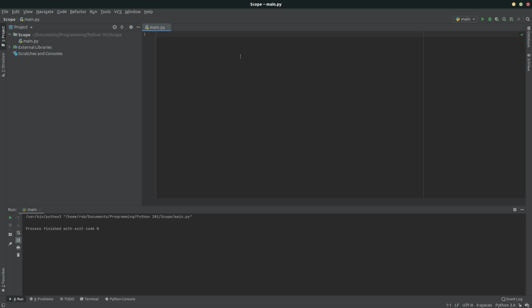So first thing we're going to do is write a variable. We're going to say robot is equal to vector, so we're going to write a string. We're then going to write a function called change, def change, and we're going to say robot is equal to pepper, because pepper's nice, I like pepper. We're then going to say print robot,